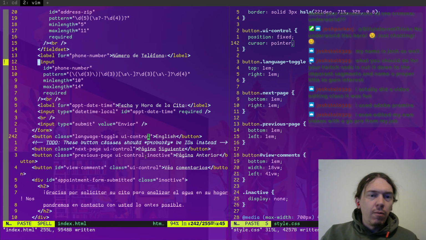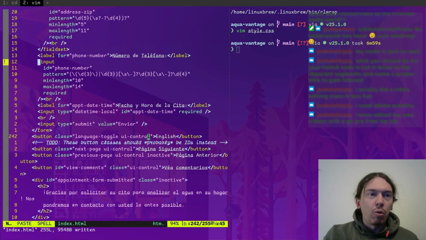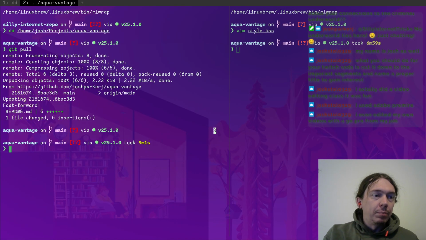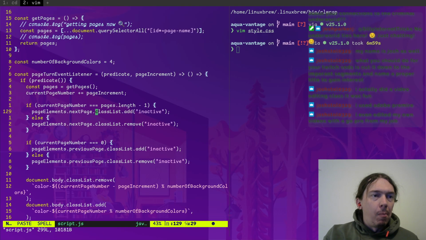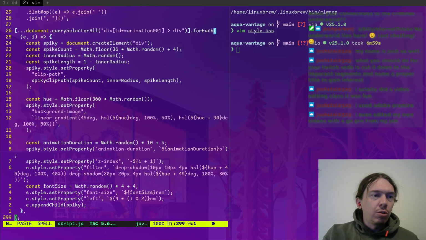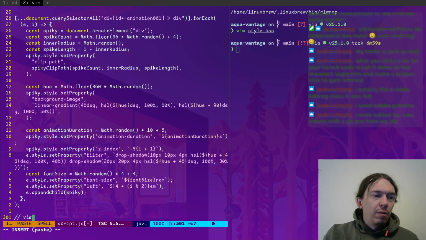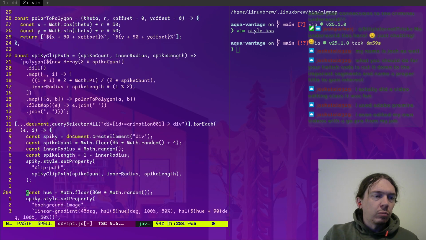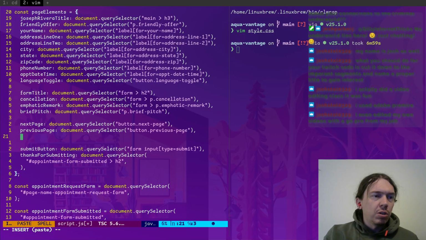Okay, so this guy needs to be like clickable, basically. I'm gonna do it on the left because this is gonna be like the important part. Okay. So let's do a section down here for viewing the comment. Okay. So it is a page element similar to these ones. So it'll be called view comments.